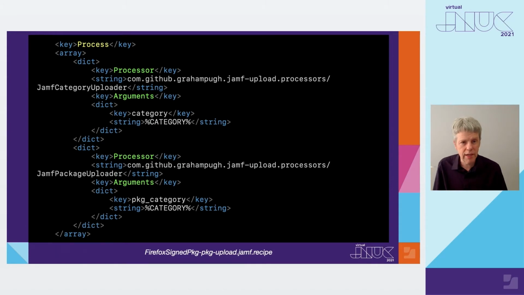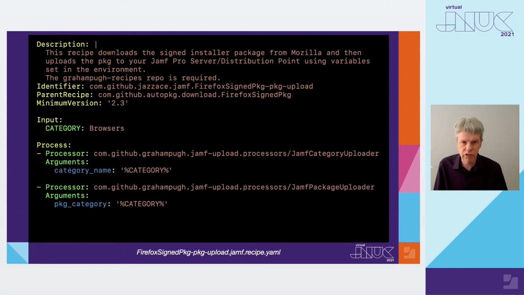You can now override it in preparation for running it in production. As of version 2.3 of AutoPackage, you can also write your recipes in YAML, short for Yet Another Markup Language. Just add .yaml to the file name and AutoPackage will know how to handle it. Here's what the recipe we just wrote looks like in YAML. Because it's a lot easier to read and we can fit more info onto one screen, this is what we will use for the rest of our recipe writing examples.